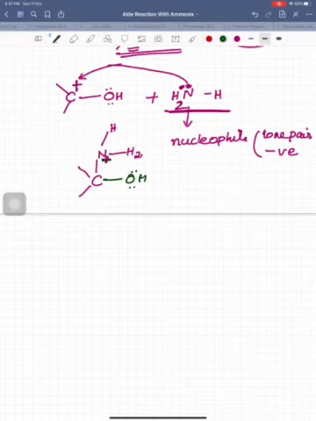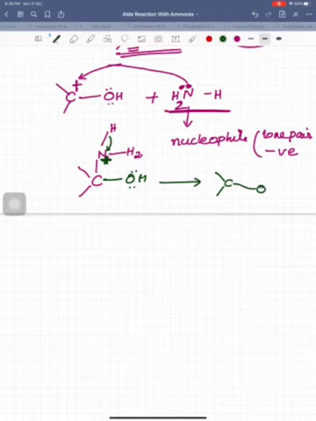Okay, the next stage. As I told in the case of oxygen, nitrogen also is not preferred to be in the form of a positive. So what happens in the next stage? H is leaving as H positive. So can you write the product name now? It's very simple. Carbon, then in the next stage OH, then nitrogen with its lone pair of electrons, and also one hydrogen and another hydrogen, right?